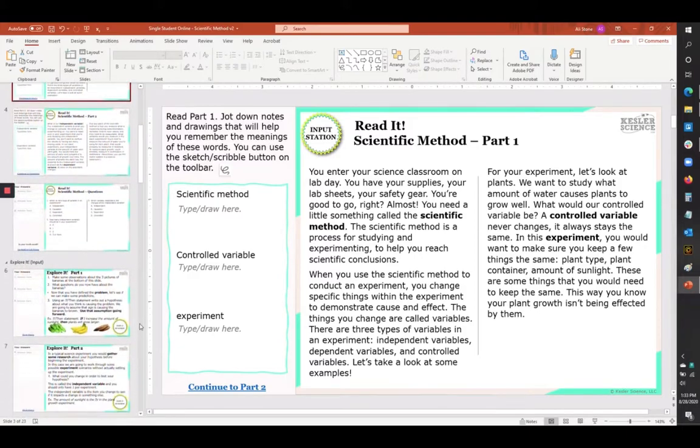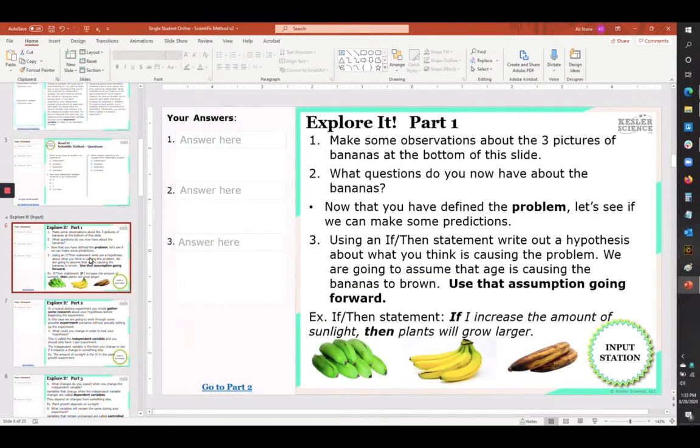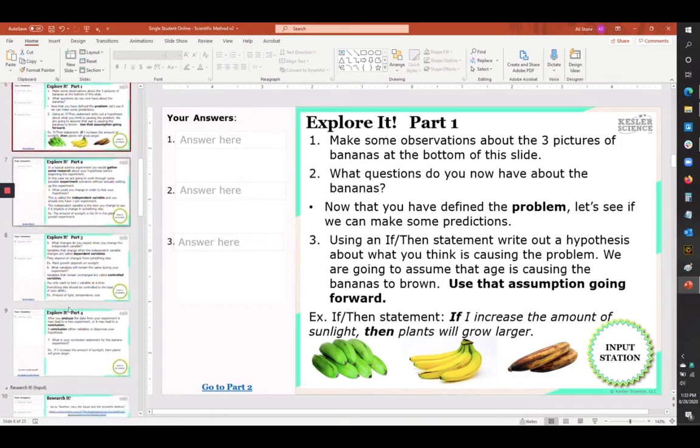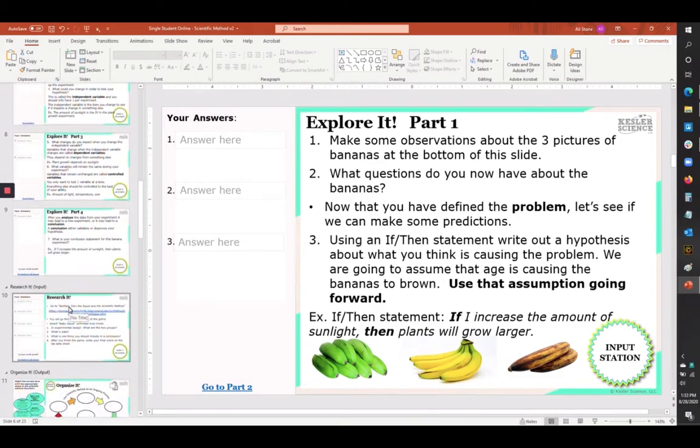If we go down to the Explore It station, the Explore It station no longer requires separate materials for the most part. When we updated these, we considered that students might be at home or they might be at their desks on one-to-one devices and not able to share materials. So the only materials we've included are very, very basic items like sheets of paper or writing materials that are normal school supplies. If I scroll down to the Organize It station,